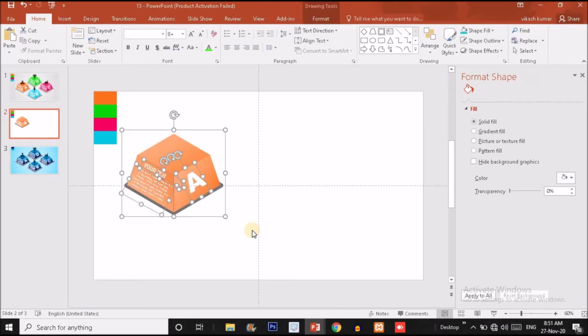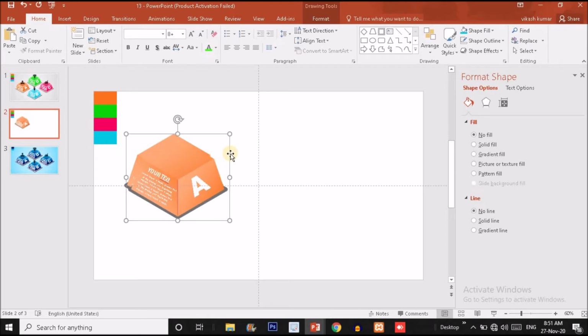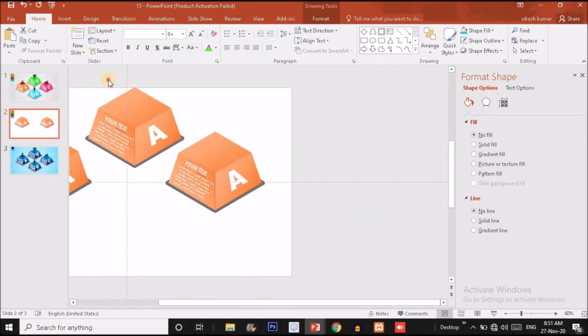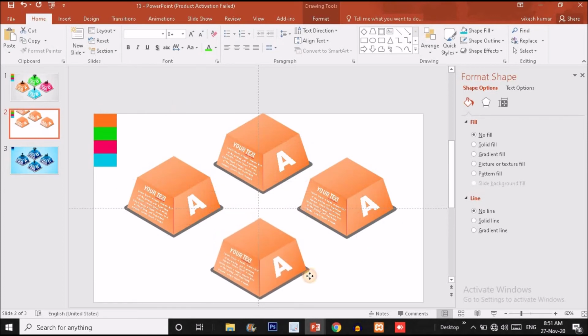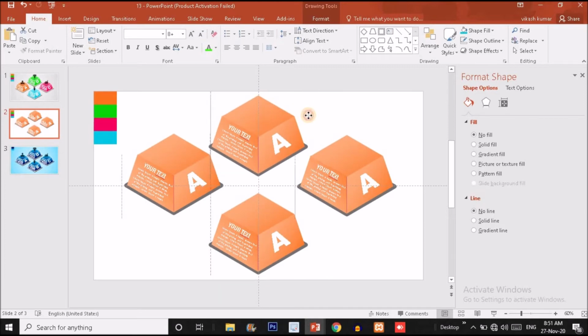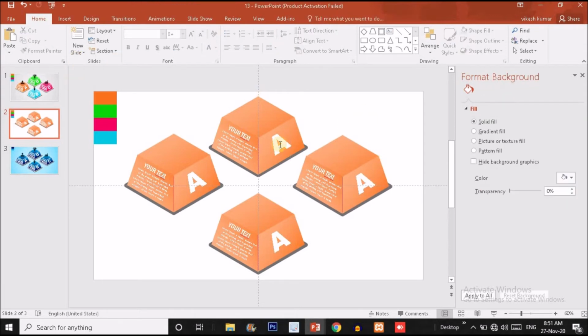Now you just have to select all these shapes and make them a single group. Just press Ctrl D to make a duplicate copy and put this over here. Now again press Ctrl D and put this shape over here. Press Ctrl D and put this shape over here. Make some adjustments, guys. Put it over here. Okay, now fill it with a different color, guys. I'm fast forwarding the video so that we can save time, guys.